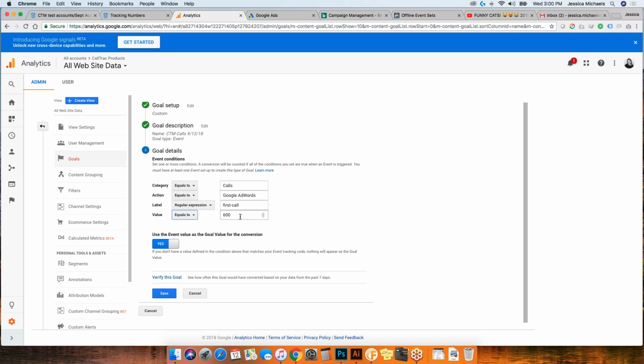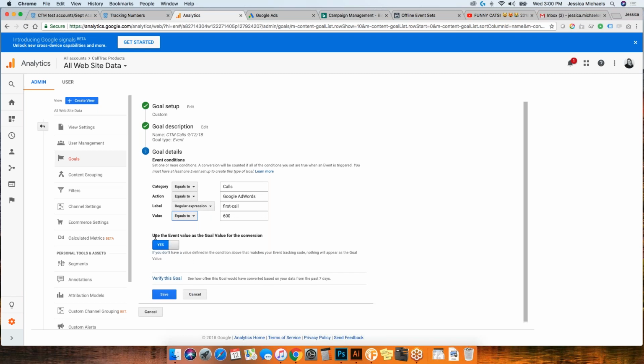So the last little bit I like to reference here is use the event value as the goal value for the conversion. Now, this can create really misleading data because in this case, the value is seconds of talk time, and seconds doesn't really correlate to value in dollars.